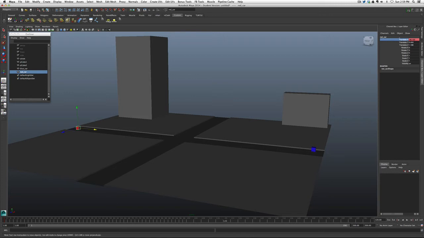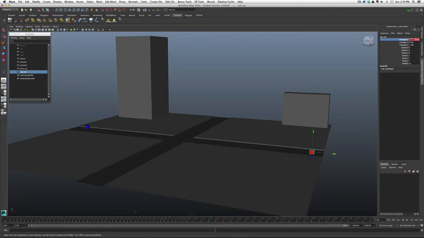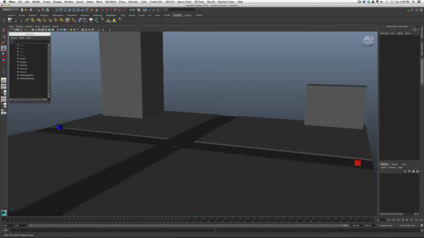So what I'm going to do is go right back up here to Translate X, and I'm going to say key selected. And now you can see that there is a keyframe set. So between these two, if I slide back to 1 and hit the play button, not particularly exciting, but we have control, which is good. It's exactly what we want. Okay? So we have traffic moving in 2 different cars, 2 different directions, but not particularly interesting at this point,